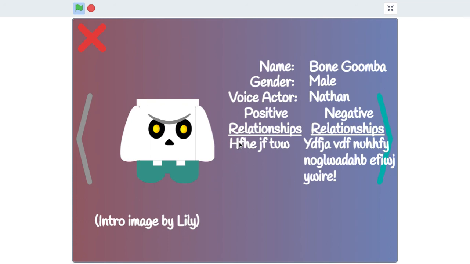Of course, you can't really tell what Bone Goomba is saying based off of the voice alone. So if someone thinks they've cracked Bone Goomba's code, I might release the script of the episodes in which he talks, and then you can try and figure it out for yourself. And I might just release the entire source code, make it public, and then you can see it.